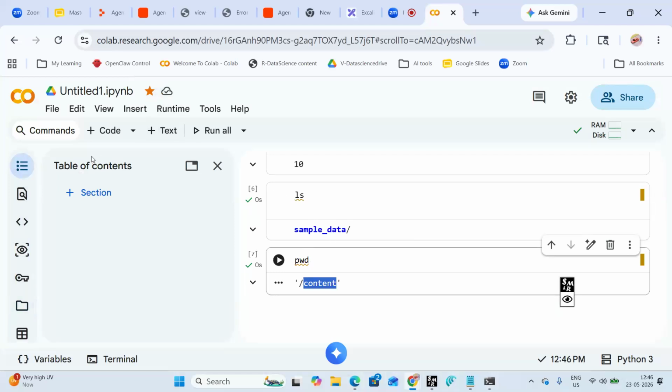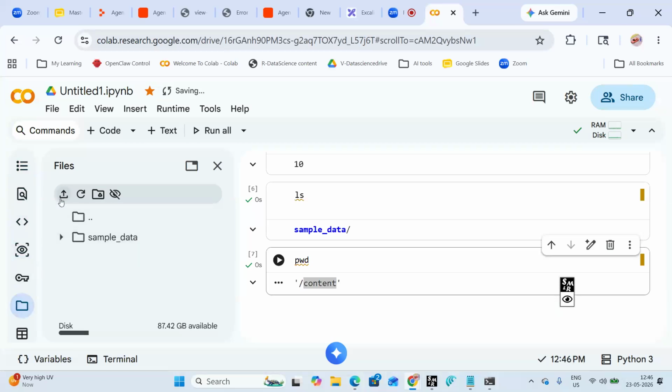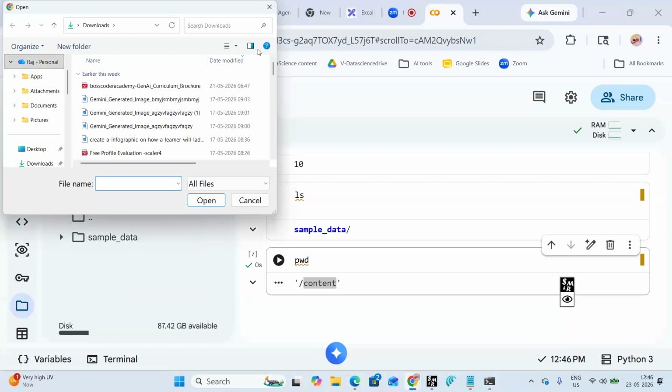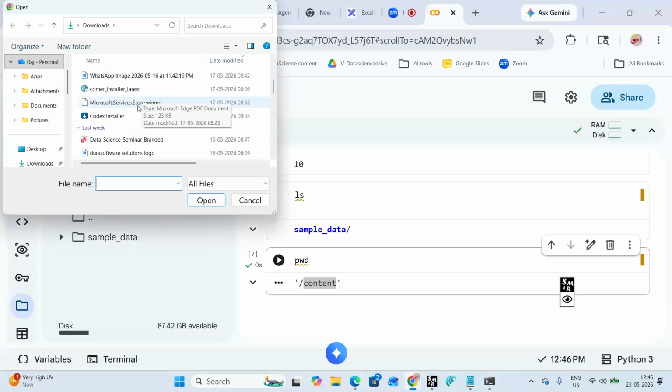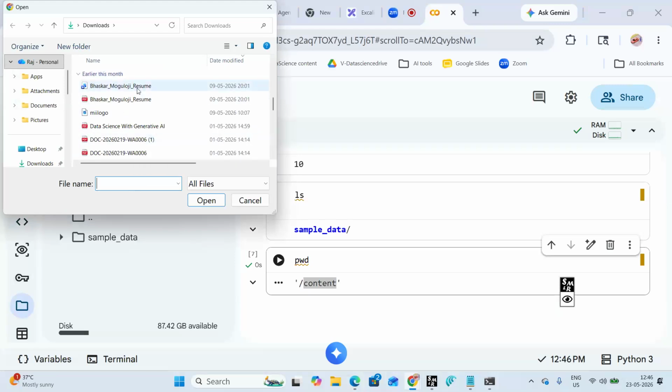Currently it has only sample data. Now I will upload something here.